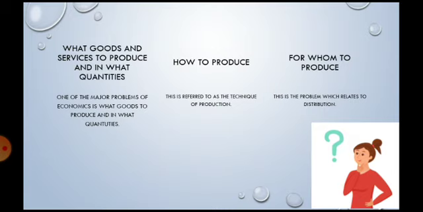Questions relating to for whom to produce and the allocation of resources among the various members of the society are dealt with in the theory of distribution. The problem of distribution also deals with allocation of available resources among various factors of production. In addition, it deals with allocation of factor reward, rent, and profit. In for whom to produce, once again, it relates to which set or group of people what is to be produced is meant for.